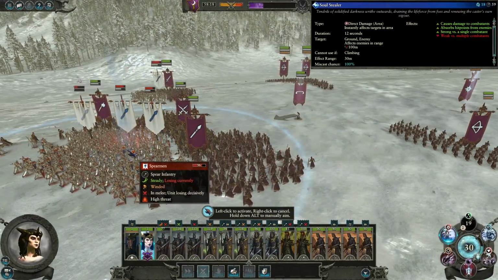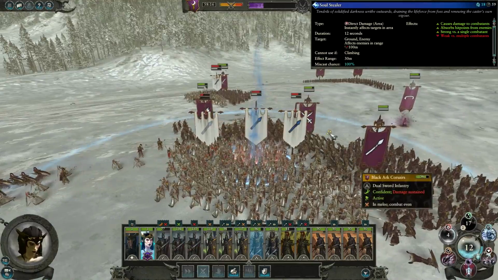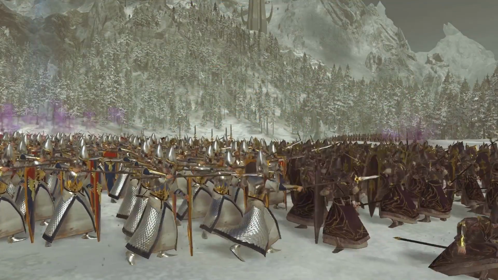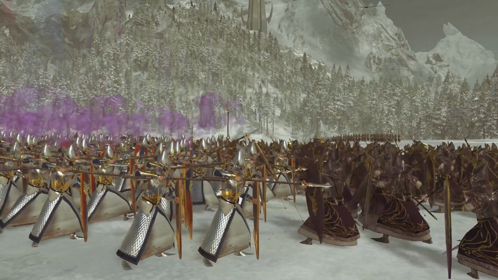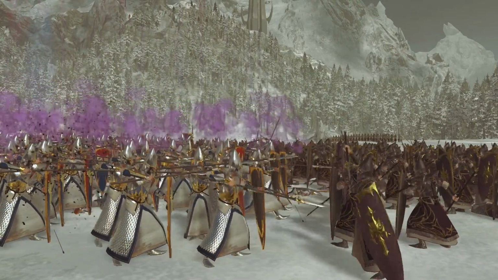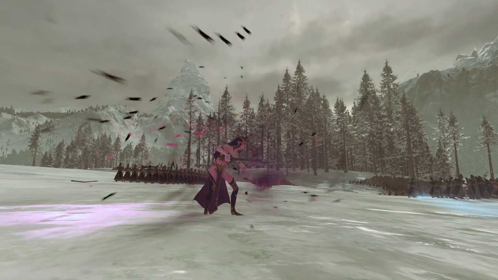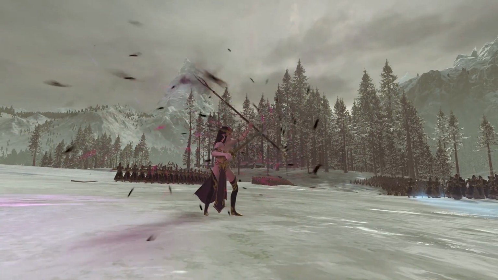The final spell that I would like to showcase from this lore is Soul Stealer, an expensive direct damage spell. Not only does this damage enemy units, it also absorbs their life force. It's very powerful against large groups of enemies, and it can be used to heal your spellcaster if you need to. As I said, the spell is expensive though, so you will only be able to cast this a few